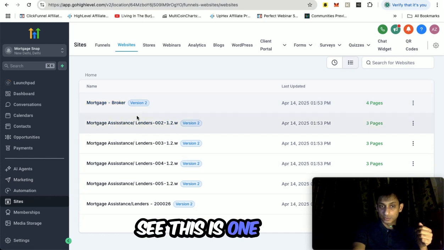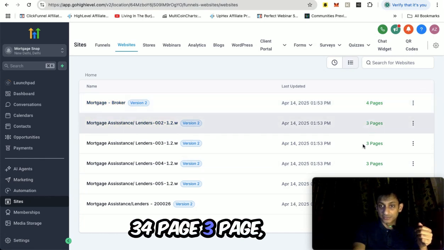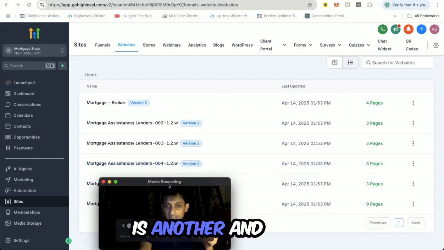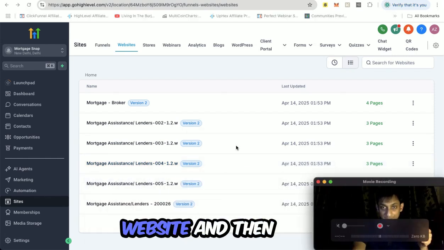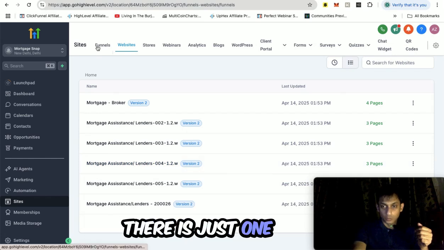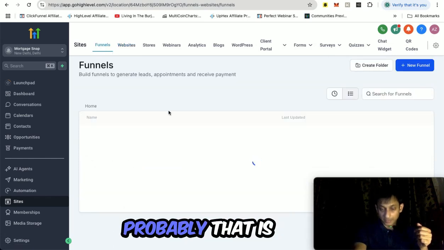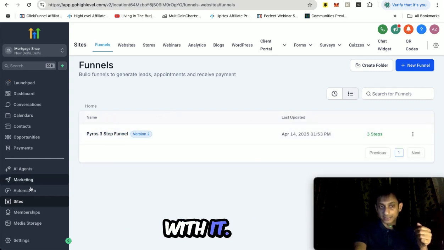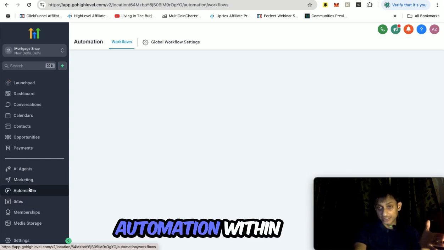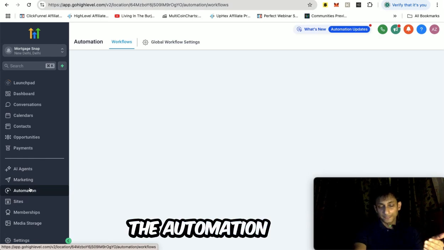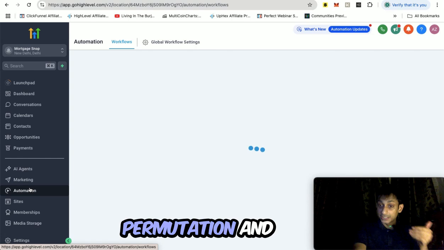So as you can see, this is one of the websites, 4 pages, 3 pages, 3 pages, this one is another, and this last one is a 9-page website. And then there is just one funnel associated with it, because probably that is the only thing that is required. And if you look at the automation, you have all possible permutations and combinations